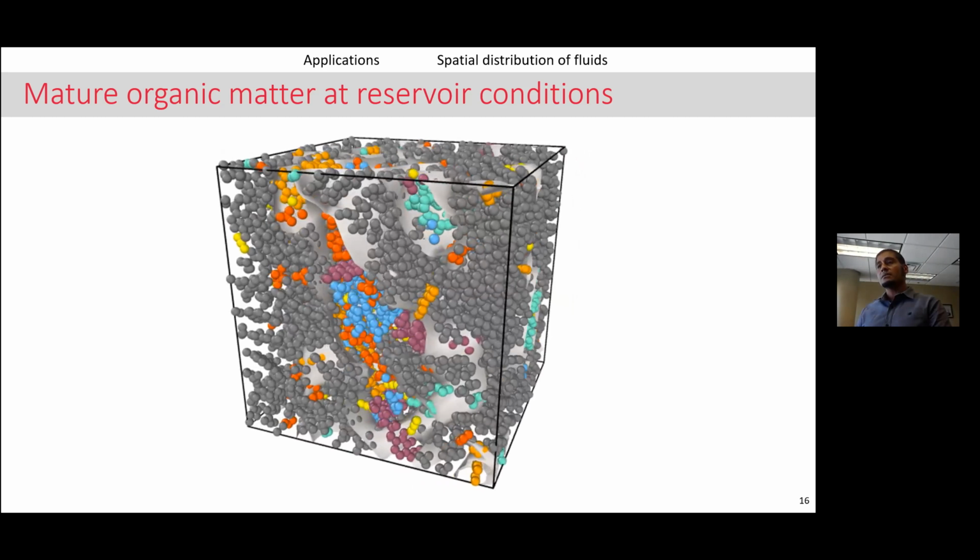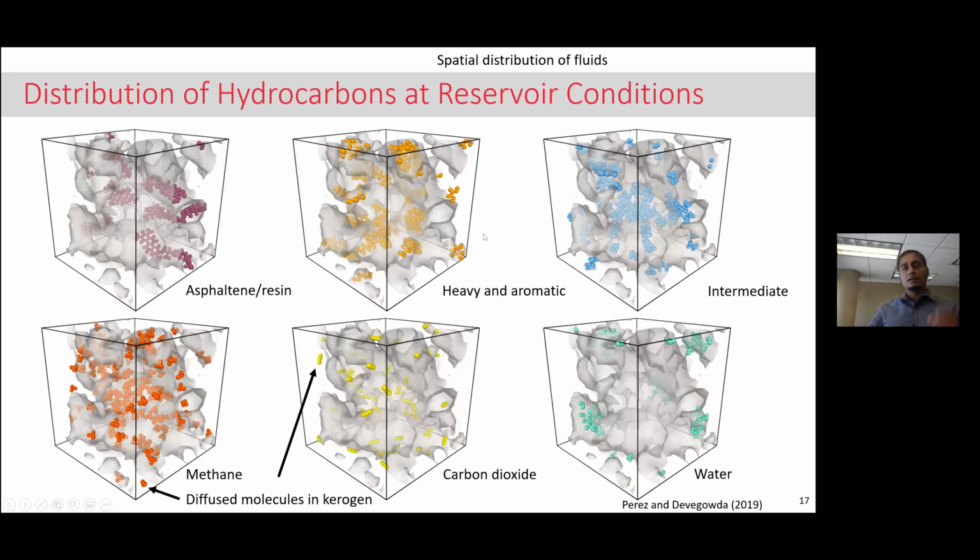So if I did something like that, and then just draw the location of each one of the hydrocarbon species, you would find that, again, this is the same 3D cube with the pore surfaces. You can see methane molecules all over the place, occupying most of the pore volume. And the methane, it turns out that we can actually observe moving rather freely. It's what we call the free phase. It's not adsorbed onto a surface. Same thing with carbon dioxide.